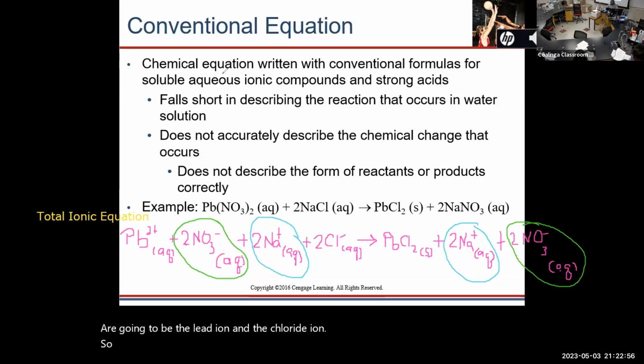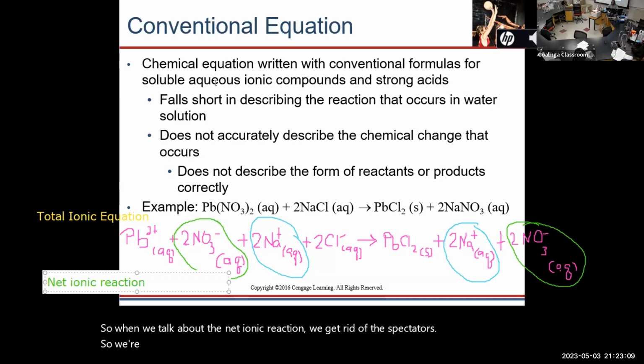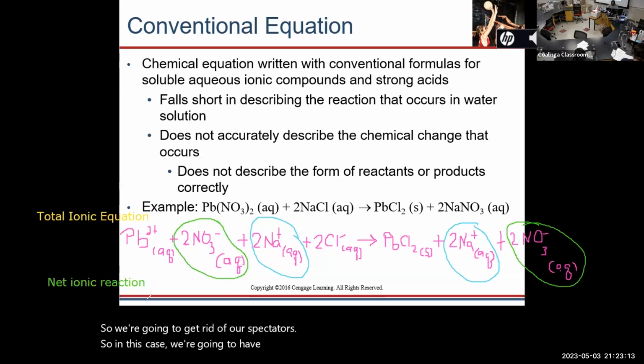So when we talk about the net ionic reaction, we get rid of the spectators. So we're going to get rid of our spectators. So in this case, we're going to have just lead